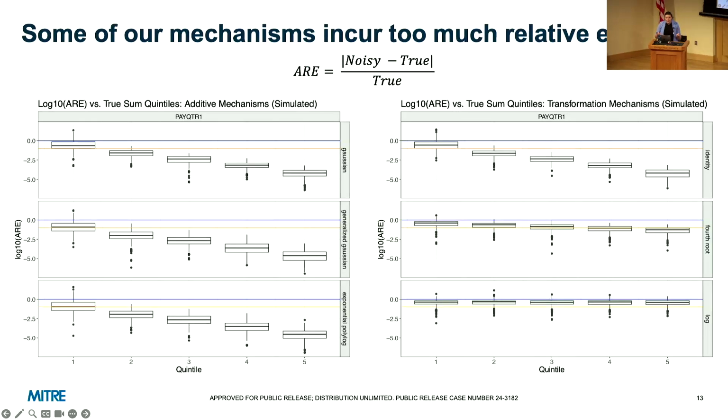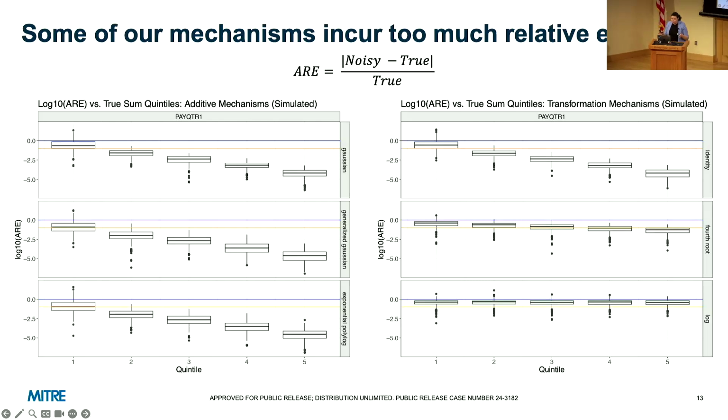Next, we're going to think about the utility that we're still having in our data set based on how much noise we're adding to it. And so some of our mechanisms, unfortunately, incur too much relative error such that we maybe wouldn't recommend using them in these cases. And when we're talking about absolute relative error, I've put the formula on this slide, but basically